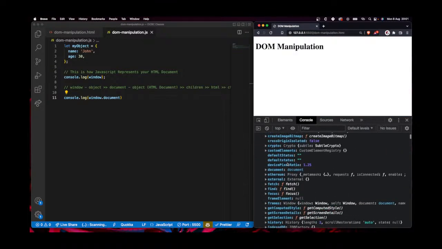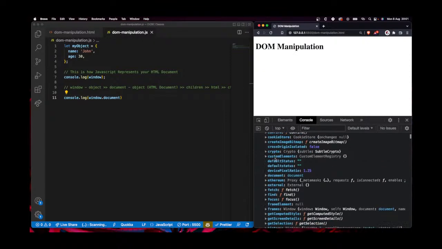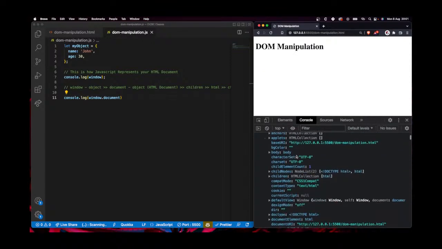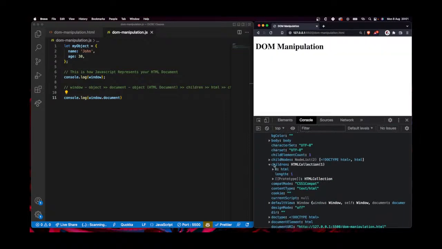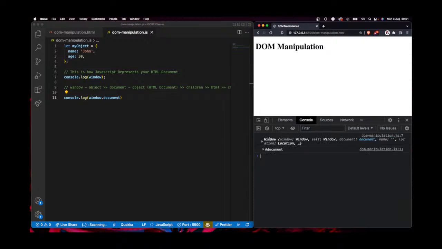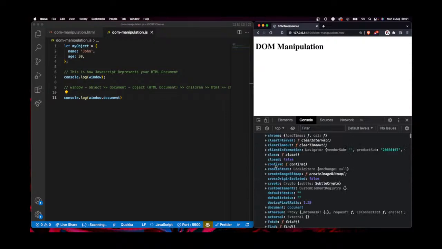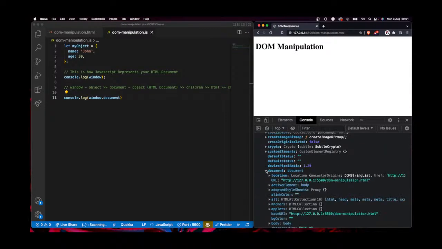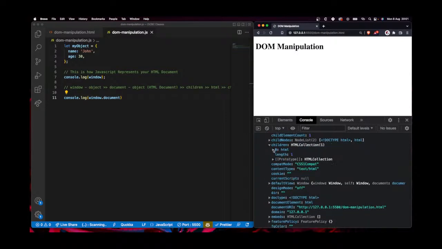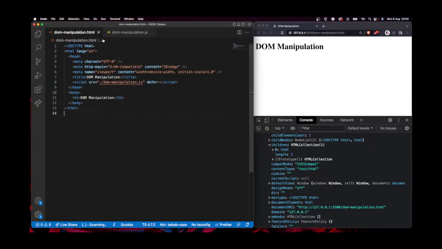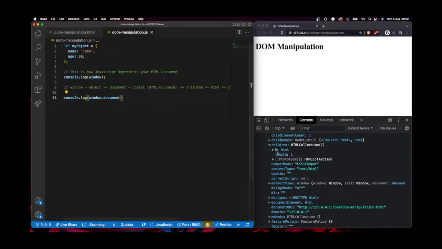So let's go back to the window object and let's go to the document object. So this is the document object. So we've seen what the body returns. It returns the body of the document. So inside of the document object we have children, and inside of children we have HTML, and inside of HTML, let's inspect. So basically this HTML tag is just the only child of this HTML document. Can you see that? This one is just a declaration, you remember, it's not an element per se. So we have just one element, which is the HTML element, and document